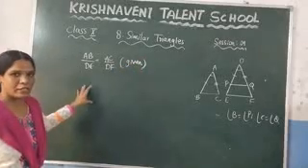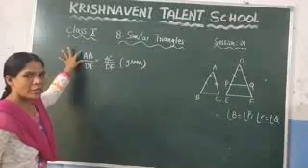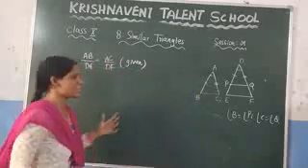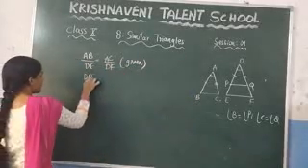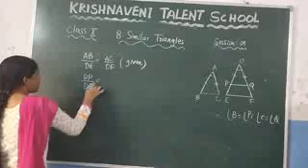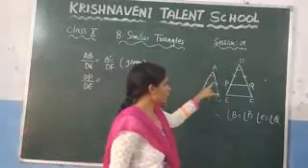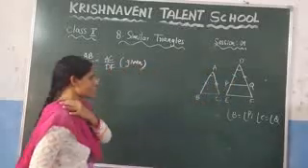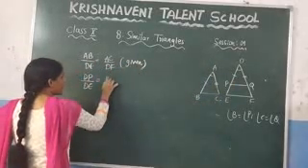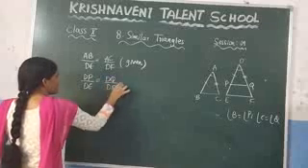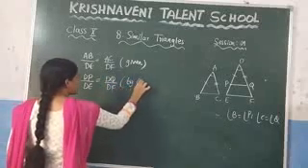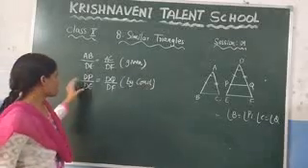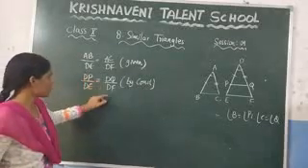Now here, by our construction, what is the length of AB? In place of AB, you can write here DP, because by our construction. So we are writing DP by DE is equal to, in place of AC, you can write DQ, because we have constructed these two sides equal. This is by construction. Right? So after that, now check it here. DP by DE is equal to DQ by DF.